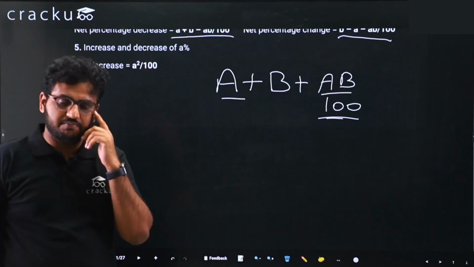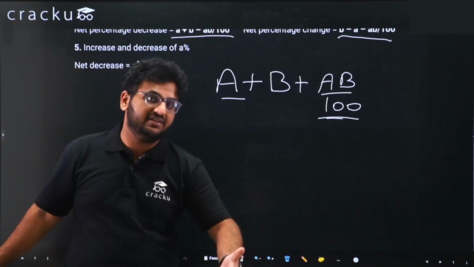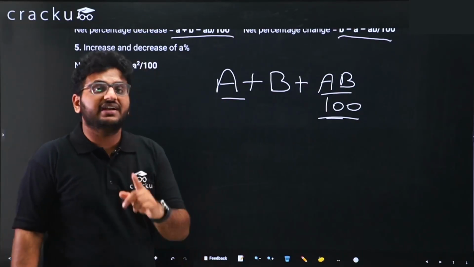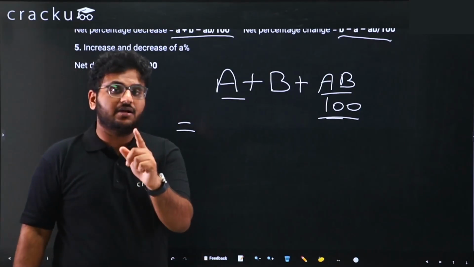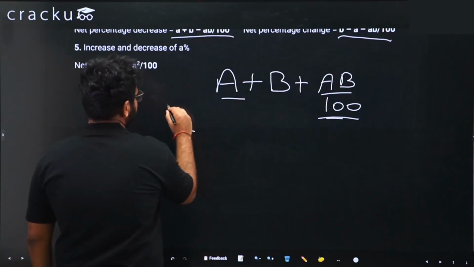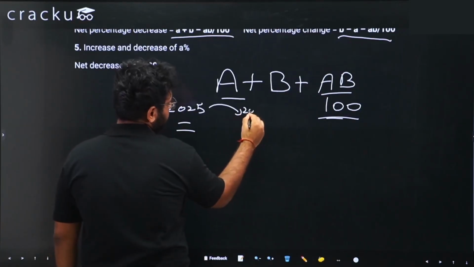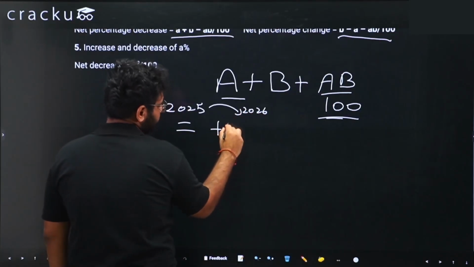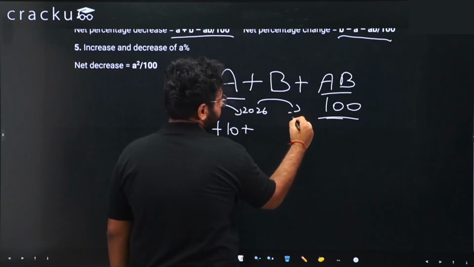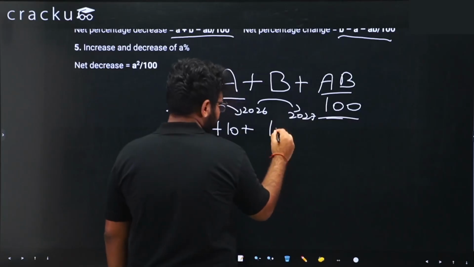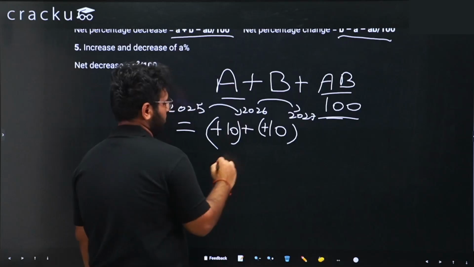So let us take an example: if in year 2026 it increased by 10% and in 2027 it again increased by 10%, what would the net percentage be? As it is increasing, we will take a plus sign. From 2025 to 2026 the number of toys is increasing, so plus 10. It again increased from 2026 to 2027, so again plus 10. So this would be plus 10 with sign. Now plus